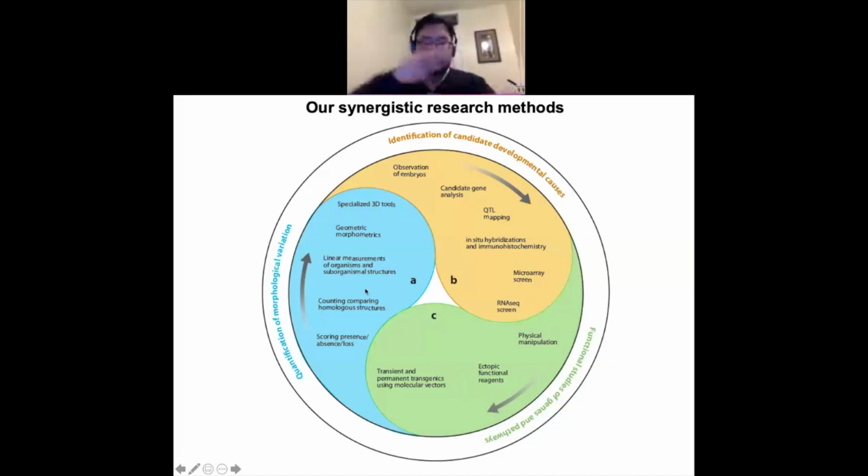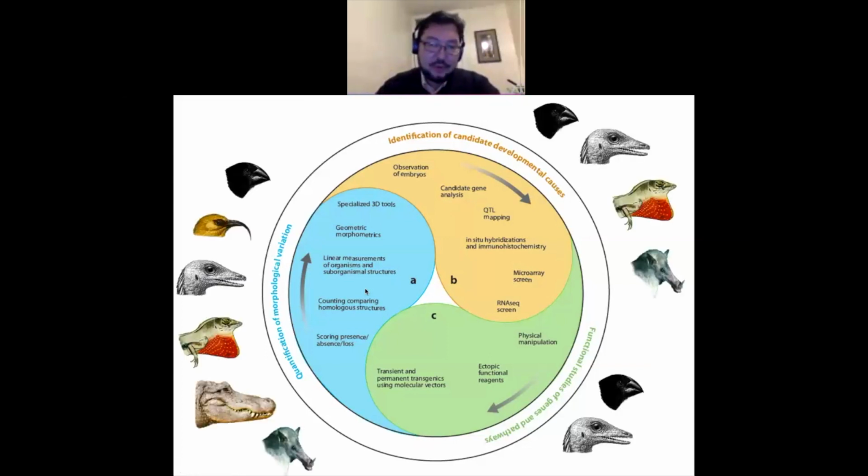And then, of course, it keeps on going. The more we learn about any particular process, the more questions we can ask, and so forth. And again, this is some of the different types of animals we study. I told you about the finches, a little bit about the honeycreepers. I told you a little bit about the crocs, the bats, but we also have projects now looking at lizards,